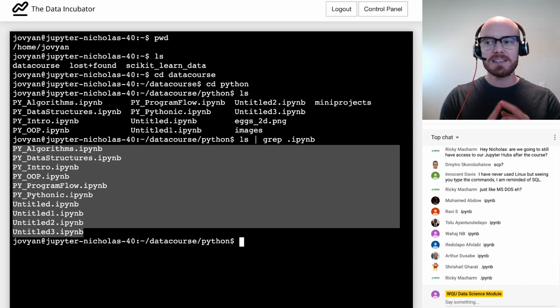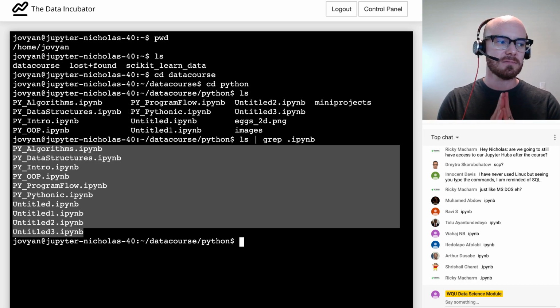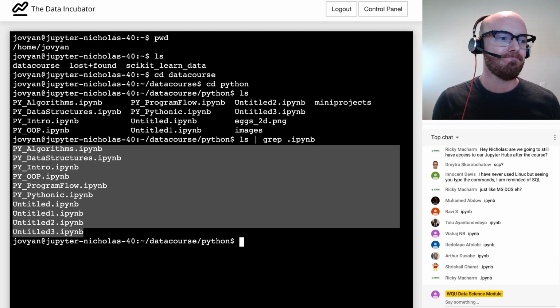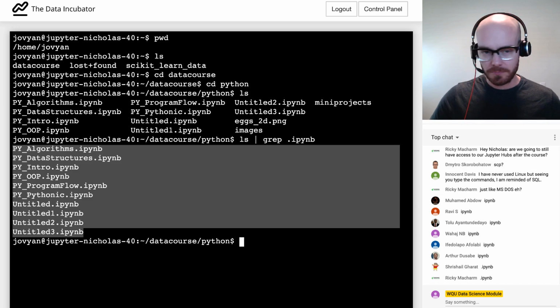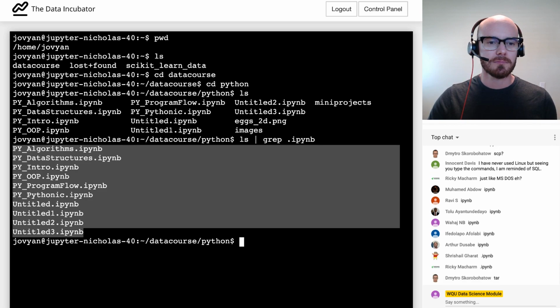So I've used ls, I've used grep, and now I want to zip all these files together. What do you guys think the command is in Linux for zipping files or compressing files? I can definitely use tar, that's true.